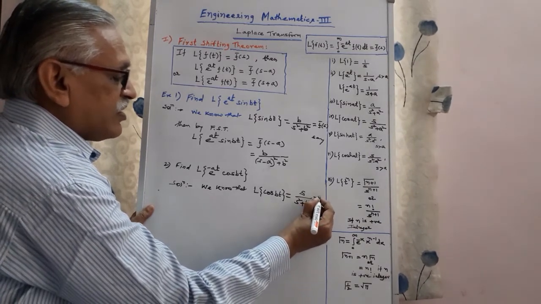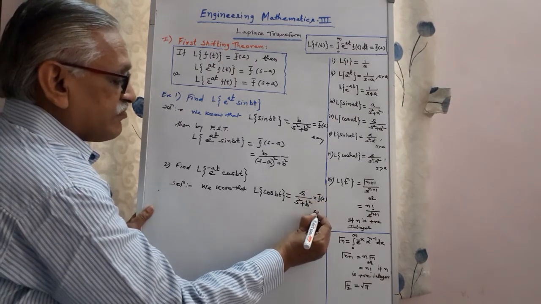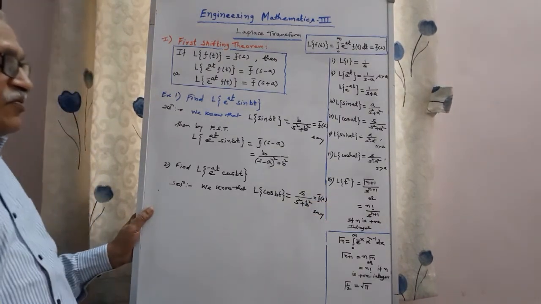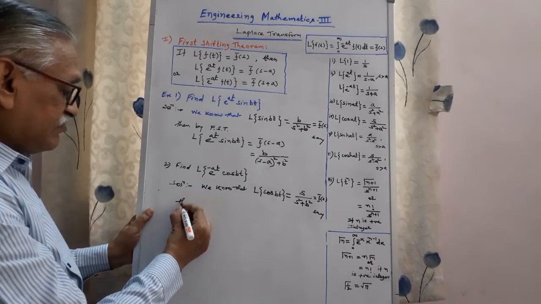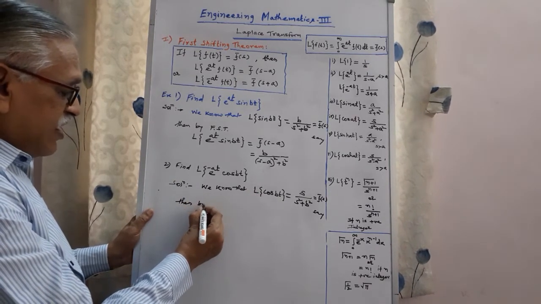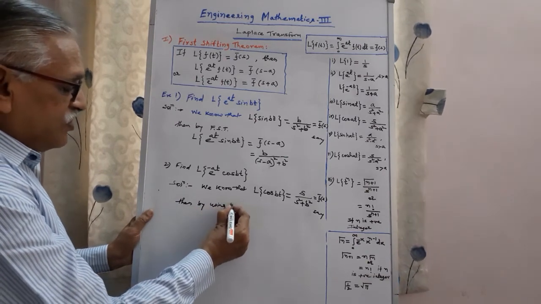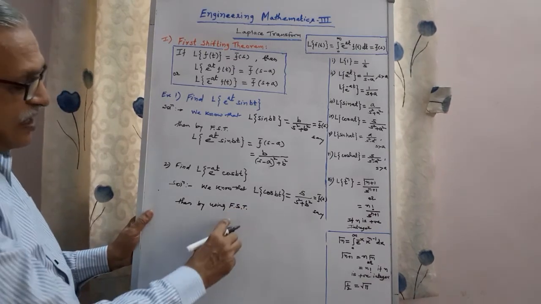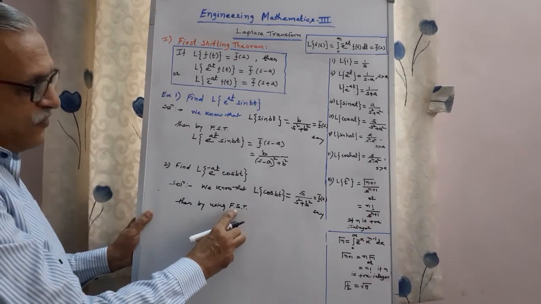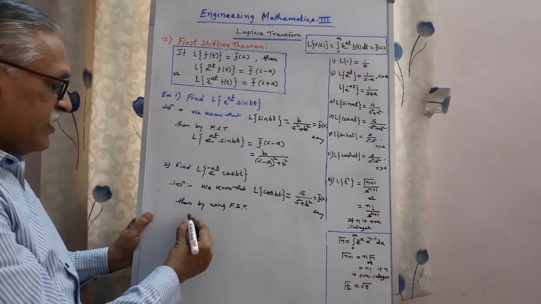Once again we call this f bar of s. This is the Laplace of that function f of t. Then by applying the first shifting theorem, I am writing in short form, FST stands for first shifting theorem. We get